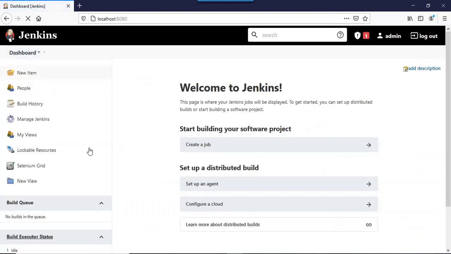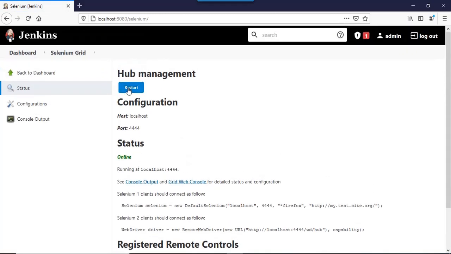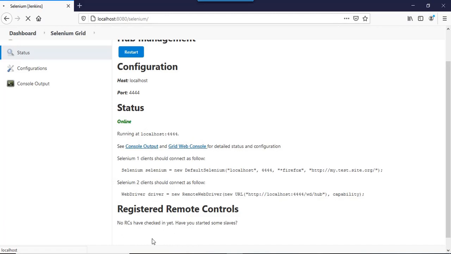So let me go to the home page and Selenium grid. I have to restart this hub. On restarting, it should be able to show you all those configurations here.